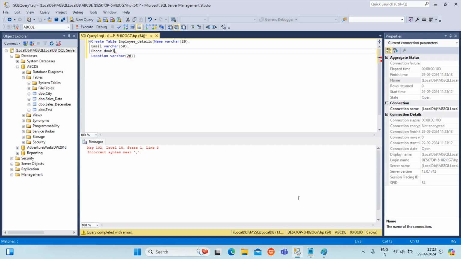Okay, let's take it as a float, not double. Yeah, float will work, double will not work here. Now the table is created for employee details. Another table that we are going to create is, I will write create table employee_grade,